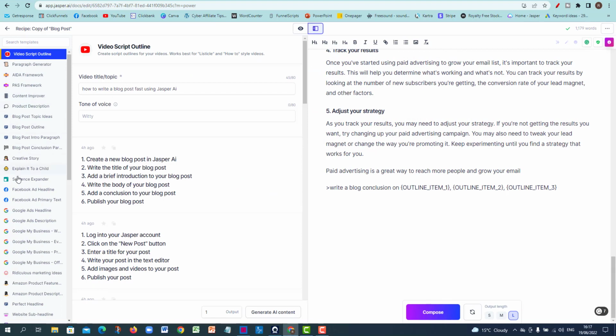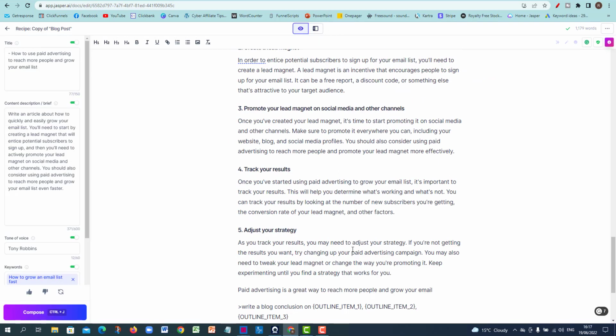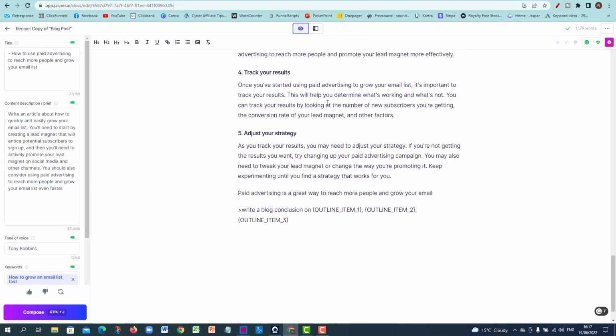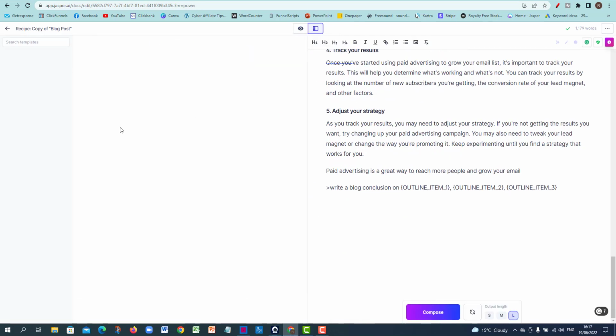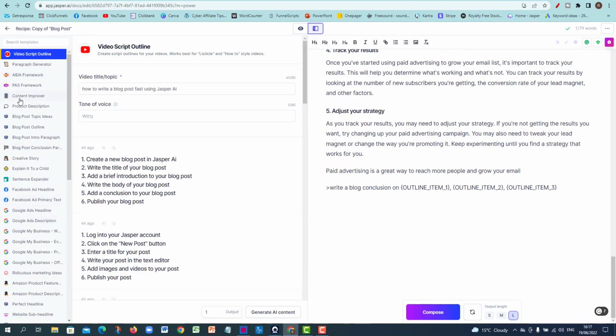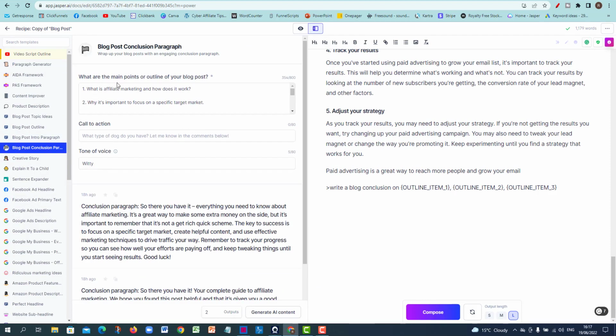Okay, now power mode is where you have all the different templates on the left hand side ready for you to use. So I often find that the content produced by these specific tools, which are used for specific parts of your content, are better than the actual overall editor inside focus mode. So if what Jasper is producing over here in focus mode is not kind of what you want or is not up to scratch, you can switch over to power mode and you can go down to blog post conclusion